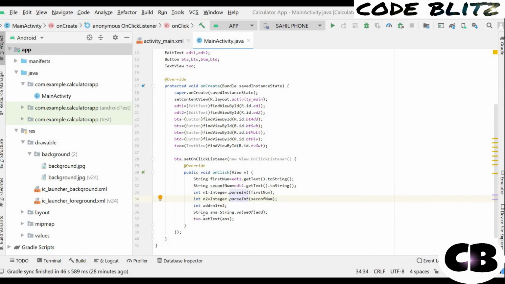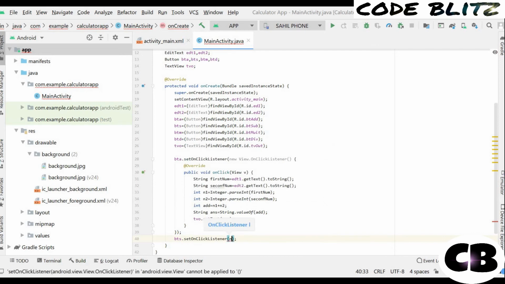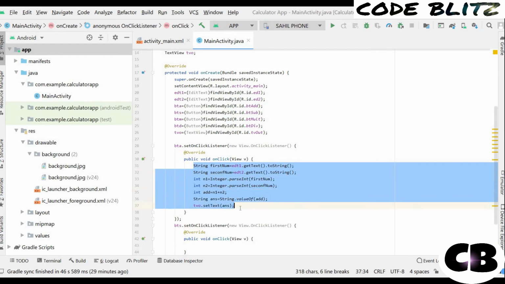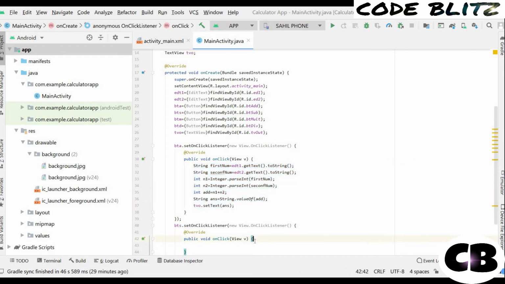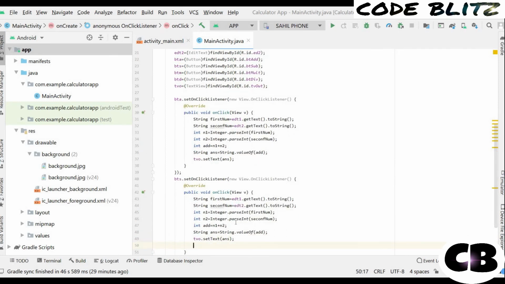So for the next button, that is bt sub, I will create a setOnClickListener, new View.OnClickListener. Now, instead of writing the same code again and again, you can simply copy it, Control C, and Control V. The thing we have to do is just change the formula.